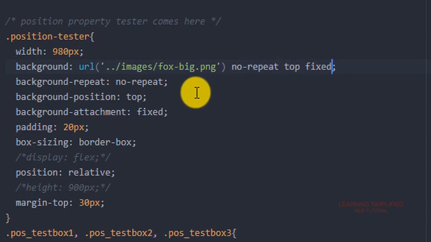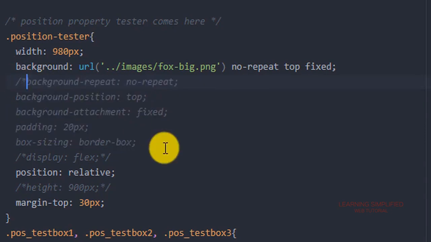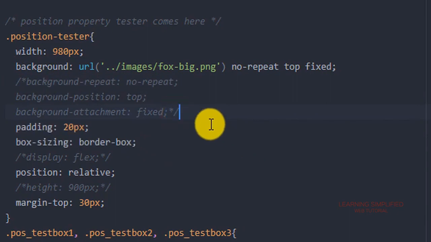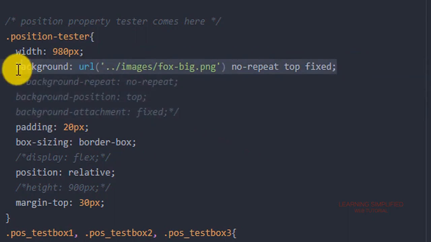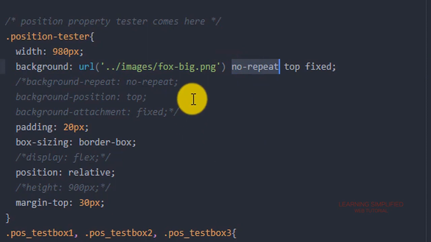So we can see that all these three properties are practically being used over here: this no-repeat, this top, and this fixed condition. And all we are now going to do, we are going to comment this thing off. We don't have a need of it because we have assembled them into a single place, right over here. We have defined this URL, that means the relative path of this particular image, and then we have discussed the behavior of that particular background image. It will be not repeating in nature, it will be situated in the topmost position, and it will be fixed in a certain position.